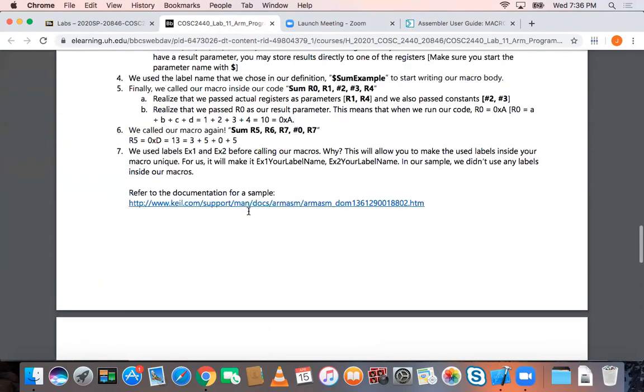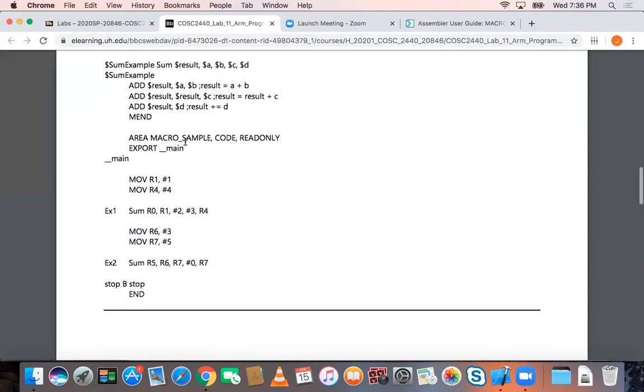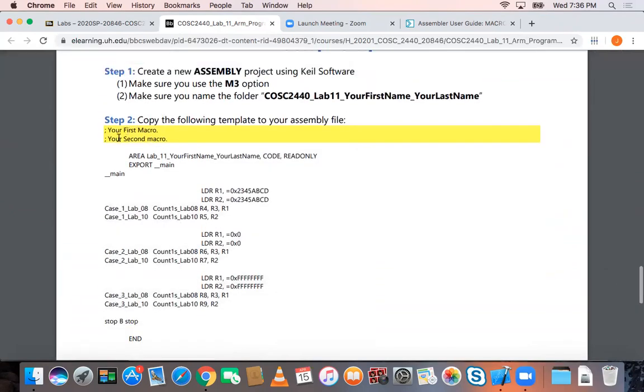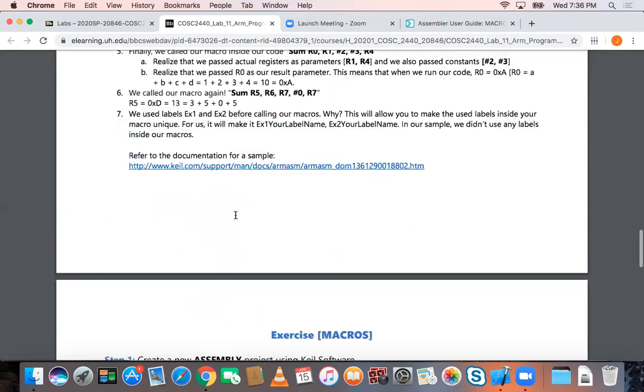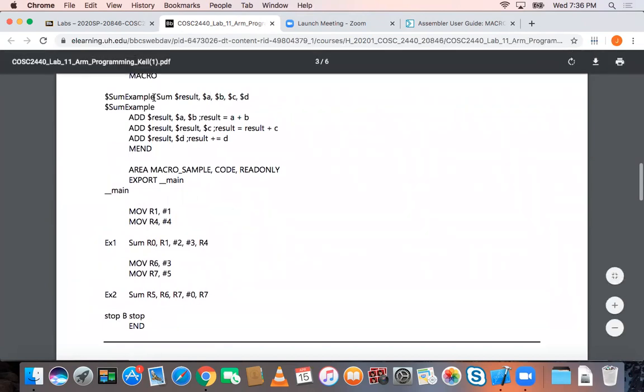And so basically, I'll make the solutions available for the past two labs. And all you really need to do is take those and encapsulate them in a macro. So you're going to encapsulate them in a macro up here, and then they're going to be called down here. And in terms of syntax, this right here is actually optional, but I would keep it. This is how you call it, as per the example, you can see that's how they're calling